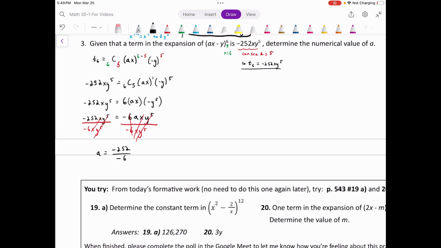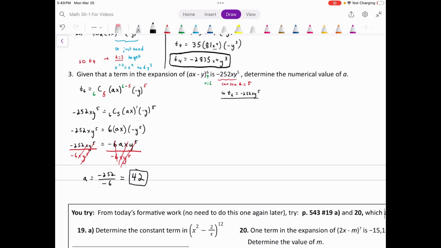Which, if you put it in your calculator, negative 252 is actually divisible by negative 6. It didn't have to be. There's no reason this a couldn't have been a fraction. But it does end up just giving us positive 42, right? And so it's the same process. We just worked backwards here. In this case, we actually knew what our term was. We were trying to figure out what one of the things on this right side would have needed to be. Okay, but using the same formula, using that binomial theorem formula, and working backwards from already knowing the